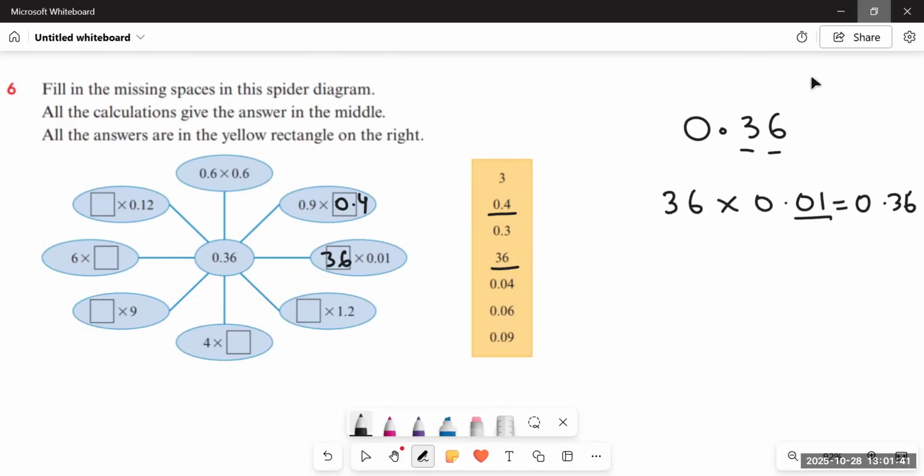Okay. Then 1.2 has only one decimal place. What should I multiply 12 with to get 36? 12 threes are 36. But we have to add a decimal over here because we need two decimal places. Okay. 4 multiplied by, it's a whole number, so the other number must have two decimal places. 4 nines are 36. So it would be 0.09. Because 4 is a whole number, we have to multiply it with a number having two decimal places so as to have two decimal places in the answer as well. Then again, what should we multiply 9 with? It would be 0.04. Okay.